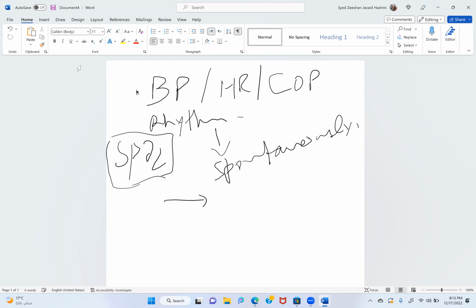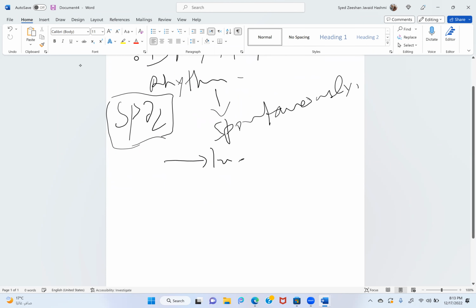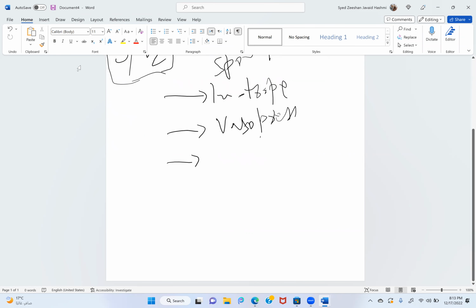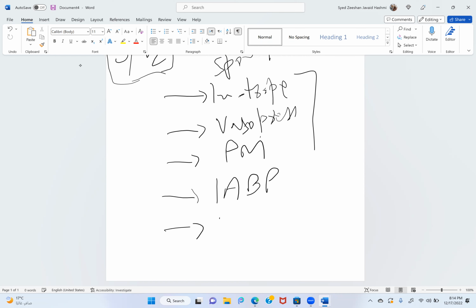or whether you are giving some push with inotrope, push with vasopressor. You can expect anything: there may be a pacemaker, a pacing lead, an intra-aortic balloon pump, or maybe the patient is on ECMO. I'm just giving you a maximum scenario.